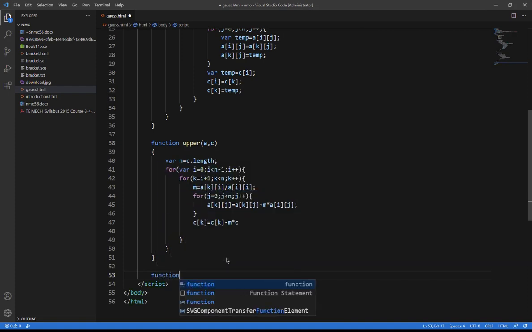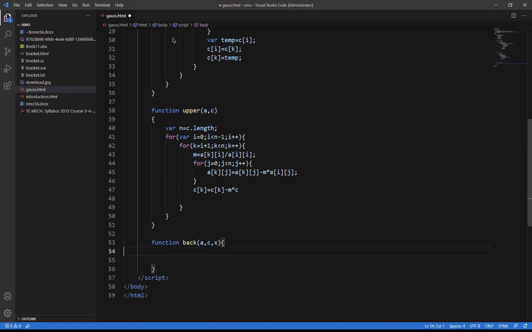So I go with a function. I label that function as back, equal to a comma c comma x, because x I will be getting.